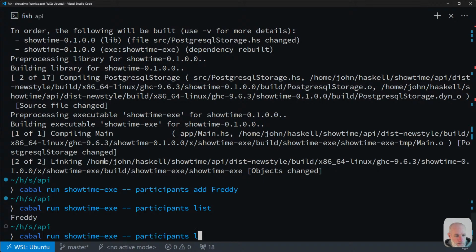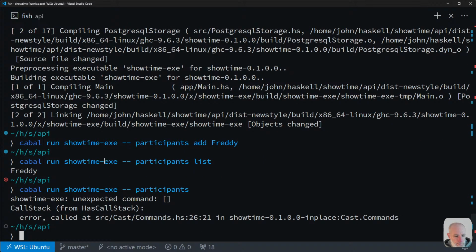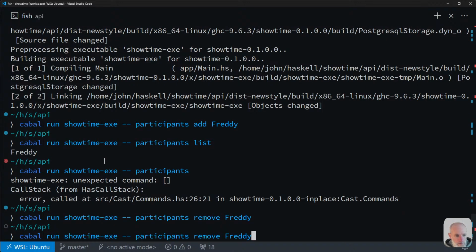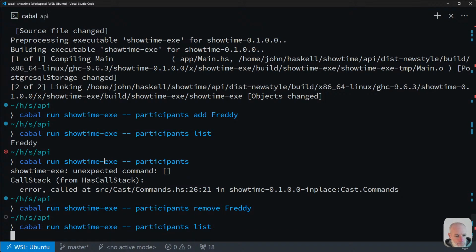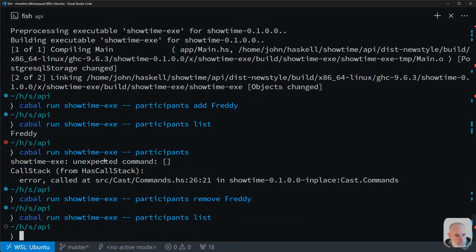Yep, and I can't remember. There's no help. Okay, let's delete Freddie, I guess. Is it delete or remove? Remove Freddie, and then if we list participants, cool. If we list the hosts,